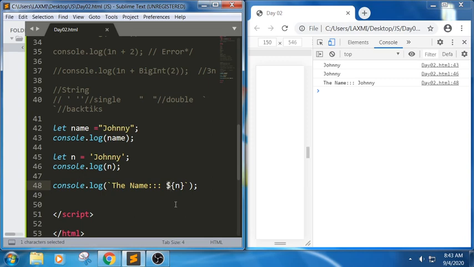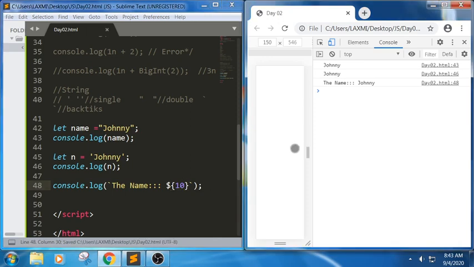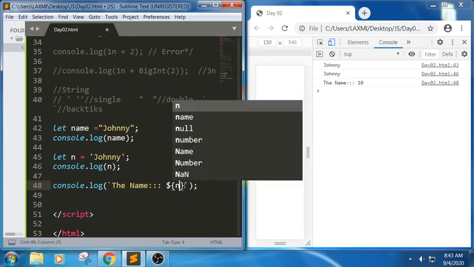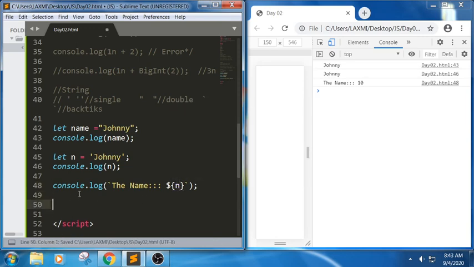First one we have used double quotes, next one a single quote, and next one is a backtick symbol followed by a $ sign. For example, if I want to print the value 10 in it, can I print the value 10 in it? For example, I just want to print the value 10. Can I go it? See here, we got it. We just call this a value. Now we are trying to print the variable value there.